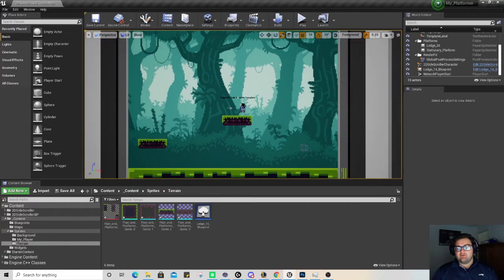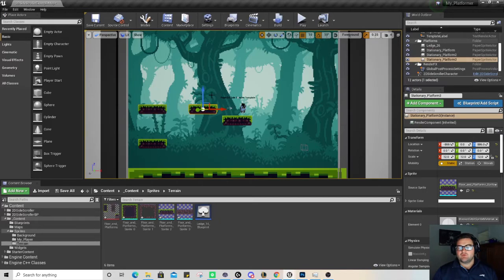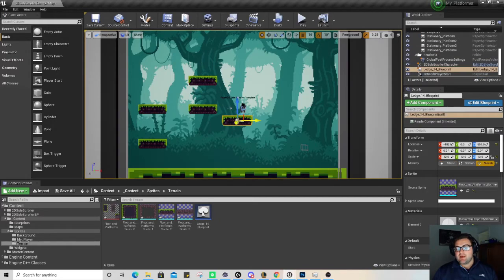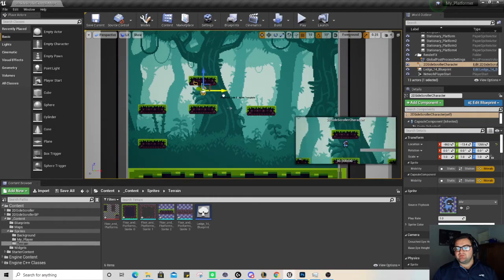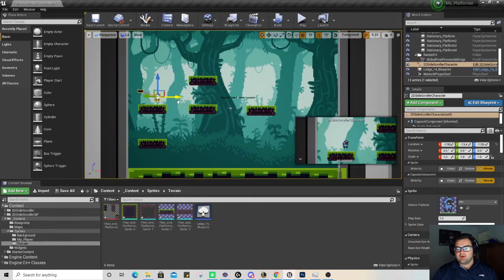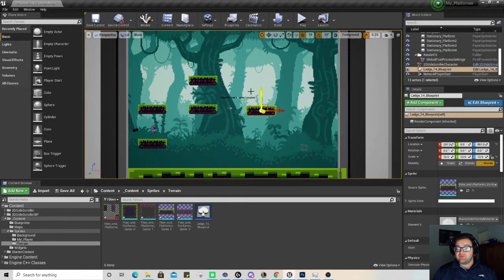So now we have a couple of these things here, and also another good thing is, if I want stationary platforms, I can go to the move tool. If I hold down Alt, I can make multiples of these, and then the same goes for, I might actually just move this a little bit over first. Let's move player over onto a stationary platform, actually down here. So I can have, so this, with all the code attached to it, I can actually move this over here. Actually, I'm not going to do that